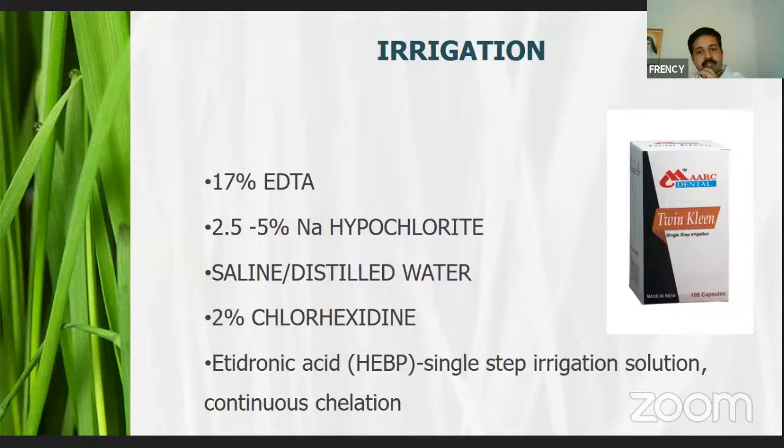In such cases, you can use the EDTA gel for the initial rotary files. For the first 1 or 2 rotary files, you can use the gel. Make sure that you have removed the gross amount of pulp tissue from the root canal. After that, you can